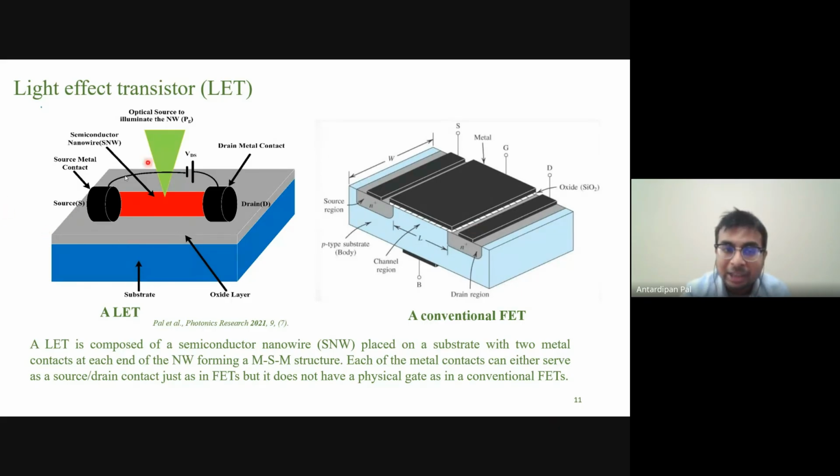That does not happen here. How or why? Because we don't have a gate, right? We have a nanowire sitting on a very thick insulating substrate. This silicon dioxide is pretty thick, around 100 or 150 nanometers. So we don't have any gate-related unwanted capacitances, because there is no physical gate. So the question of the unwanted RC delay and energy consumption, which is inevitable in conventional devices, is totally gone. So this structure is much more energy efficient as compared to